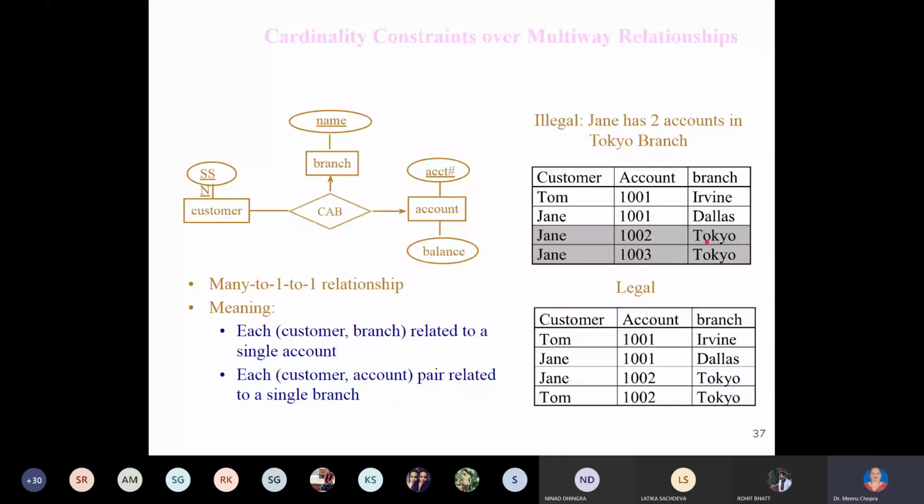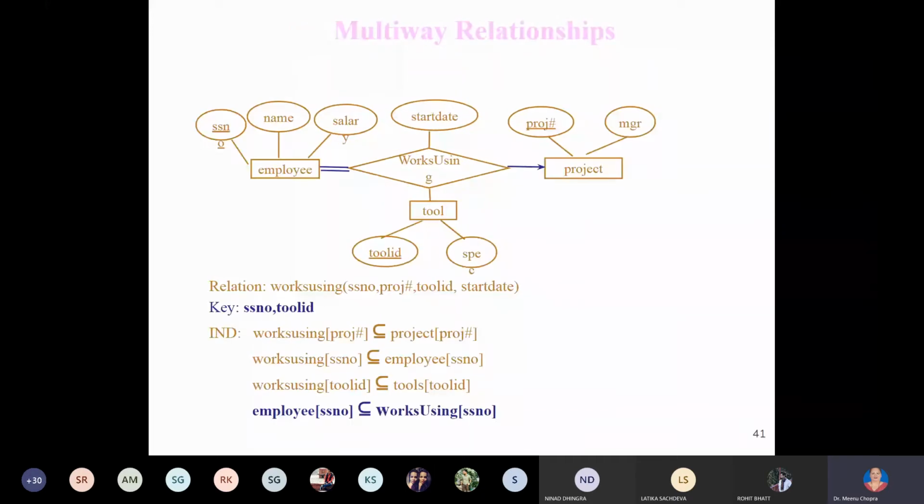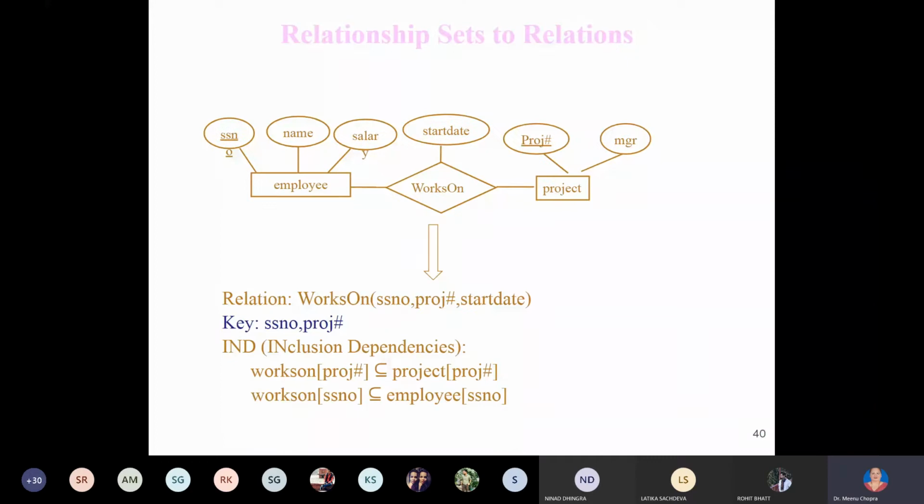So depending on the situation, these are the various relationships, 1 to n, n to 1. Then strong entities I have discussed. This is an example of a strong entity. Find the key and relationship, and this is the notation. Relationships, same here, so we can work on the relationships. Now I will go for the relationships.